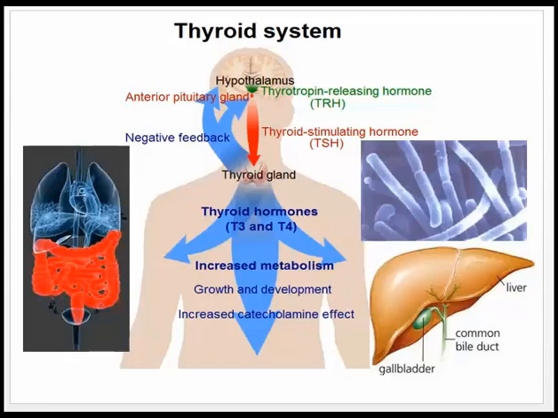The rest of the T4 goes to the liver to get converted into T3 and also goes to the gut to get converted into T3. So when we look at somebody with a thyroid issue, we need to get, first of all, a complete thyroid panel, and we need to see the other influences that are affecting the thyroid, which is not on this slide. But the adrenal glands, if they're not functioning properly, will cause inhibition of the conversion of T4 to T3. So here's the complexity for somebody with a thyroid issue.